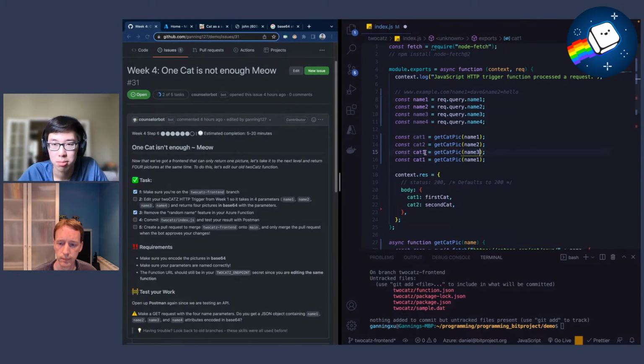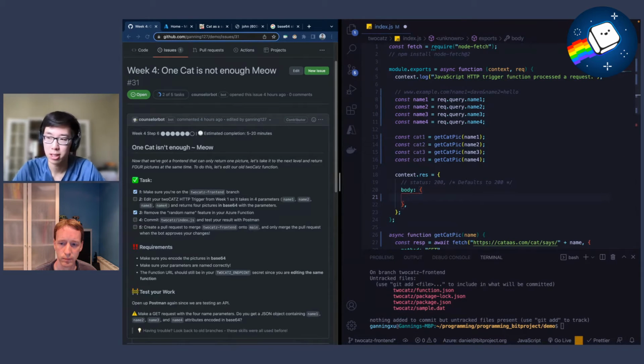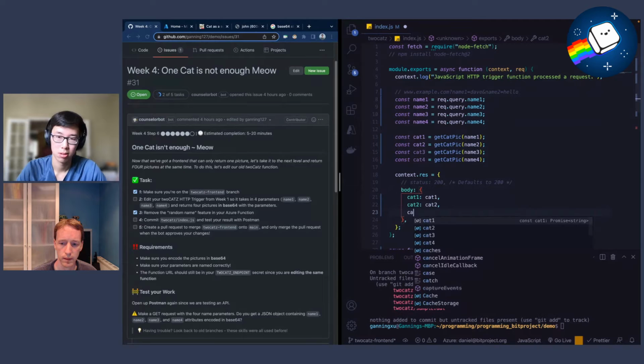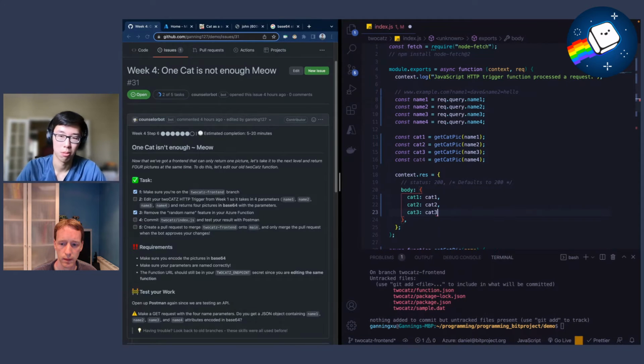Whoops, this should be name 3, cat 3, cat 4, name 4, like that. And then obviously there are more elegant ways to do this rather than just creating a bunch of variables, but this will work for our purposes. And then in our body, we're going to go ahead and return cat 1, cat 1, cat 2, cat 2, cat 3, cat 3. So what's happening here is